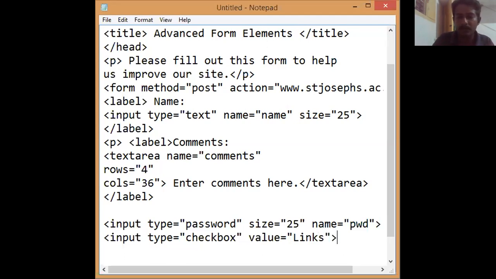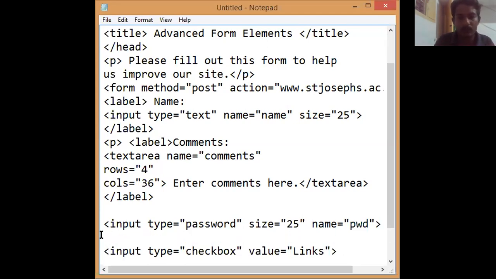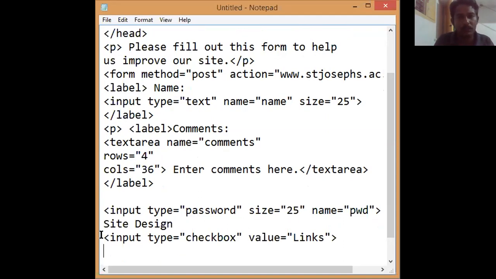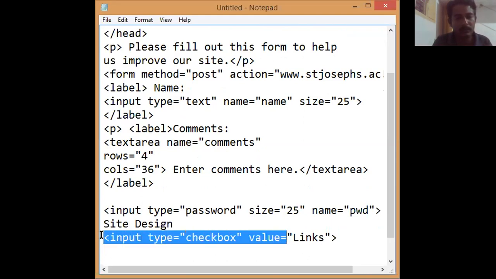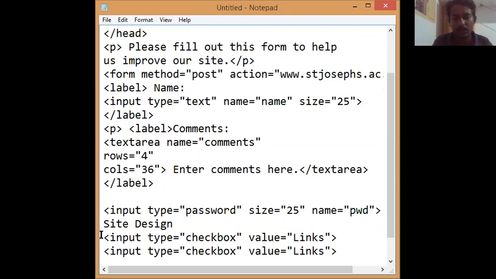Before that, site design. You can also create one more checkbox. If you want to create one more checkbox, just copy and paste here.